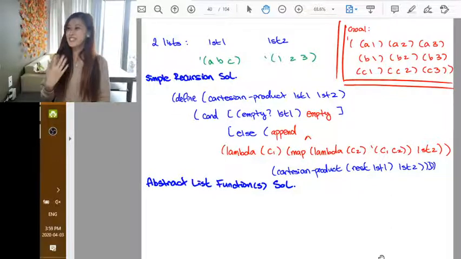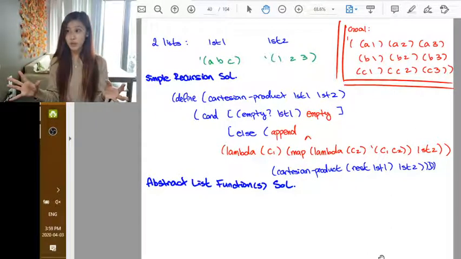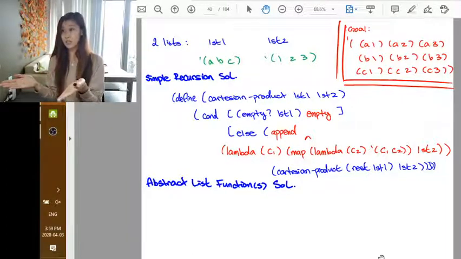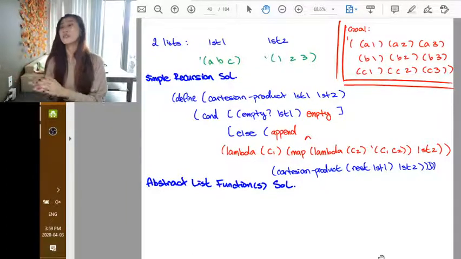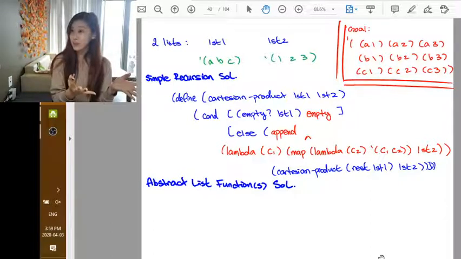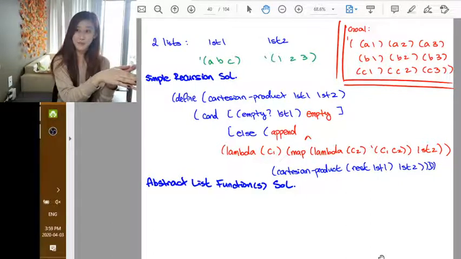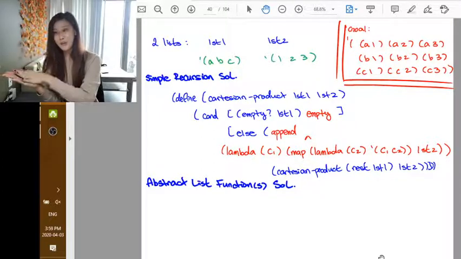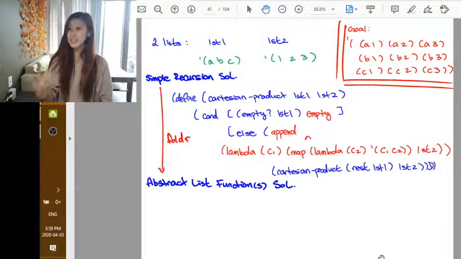Okay, so to do this as an abstract list function, last time we talked about how we can abstract simple recursion using foldr, and we can abstract accumulative recursion using foldl. So that means anything we can write in simple recursion, we can write using foldr, and anything we can write in accumulative recursion, we can write using foldl. So that's exactly what we're going to do here. I am just going to take the solution we already have, which we know to work,